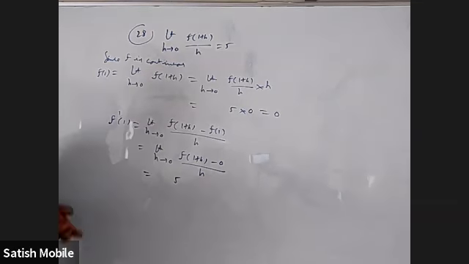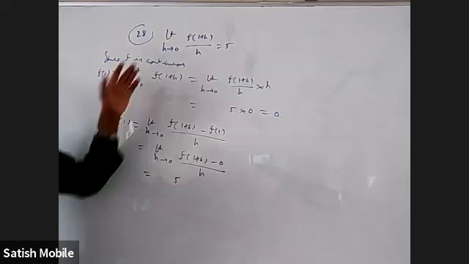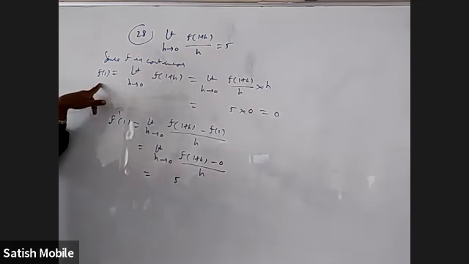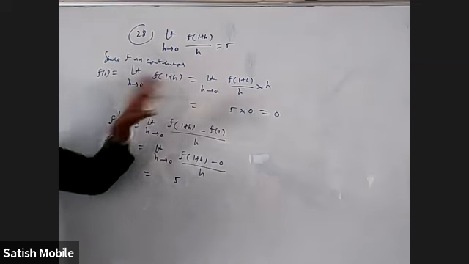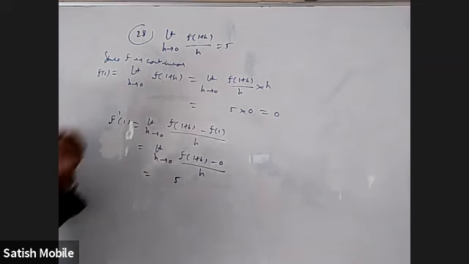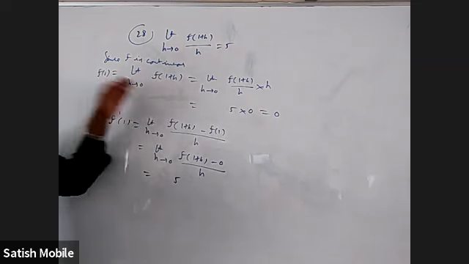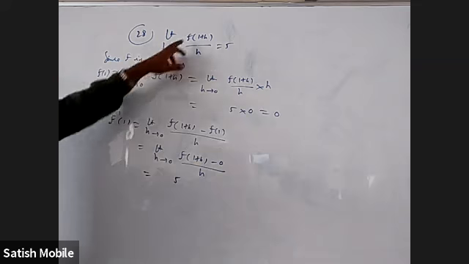But you can also use first principle. How numerator is tending to 0, I am just writing the explanation. In the question they said the function is differentiable. If something is differentiable, it has to be continuous also, right? Because it is continuous, f of 1 should be same as limit h tends to 0 f of 1 plus h. This is the limit of the function at 1. This is the value of the function at 1. They should be same. That is the numerator.